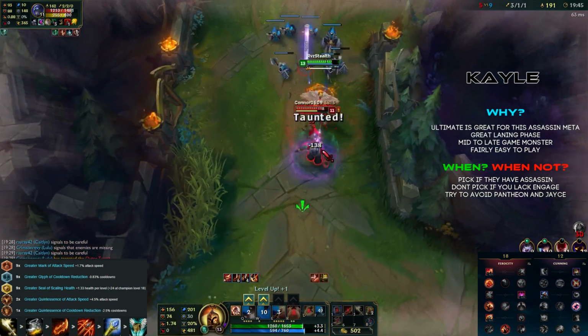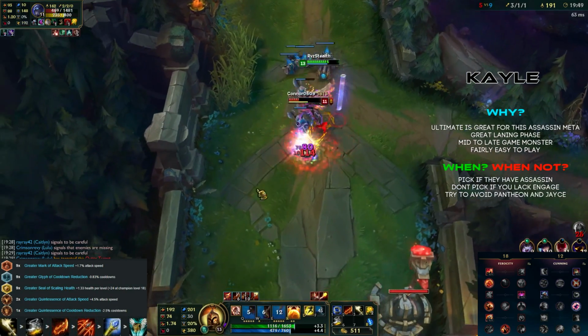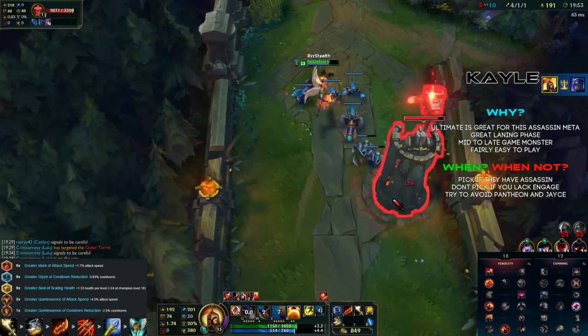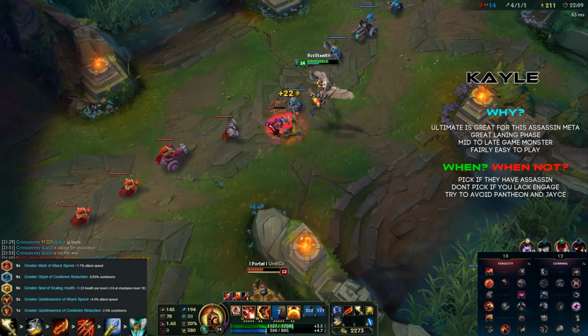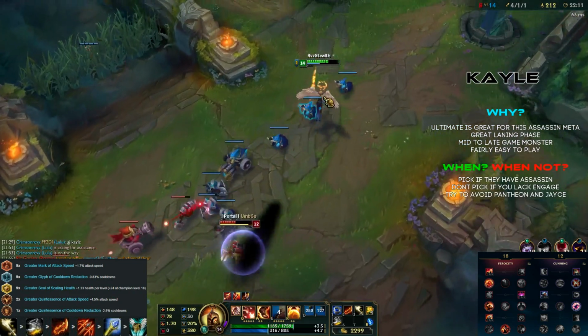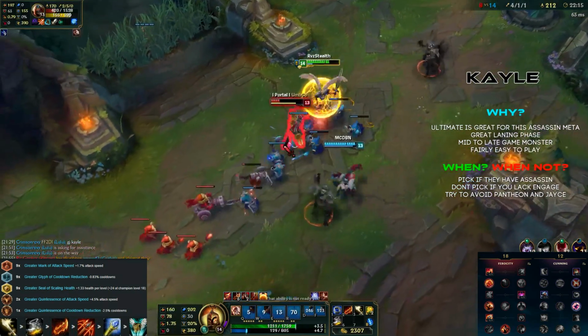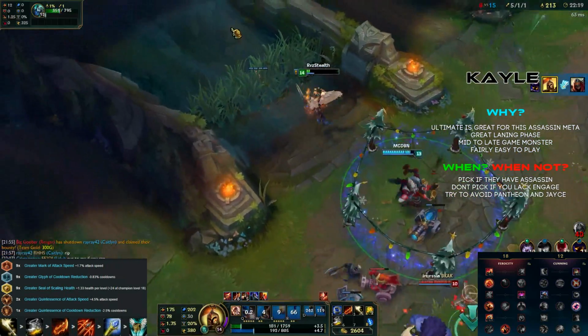She really doesn't have any hard matchups. The only matchup that I can think of that she does really bad in is Pantheon. Pantheon can do really well against Kayle because his passive does a really good job at countering her. Whenever Kayle tries to auto attack, if Pantheon does have his passive up, or if Pantheon does try to engage, then Kayle is going to lose out on a lot of damage, and Pantheon is going to outtrade you